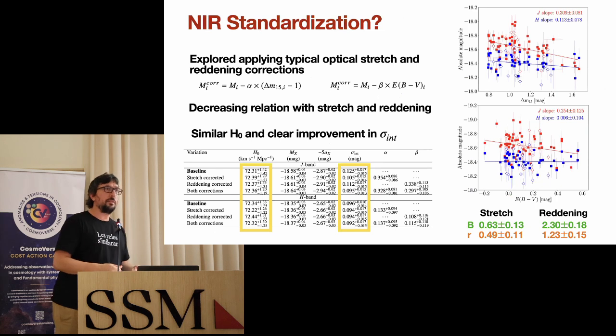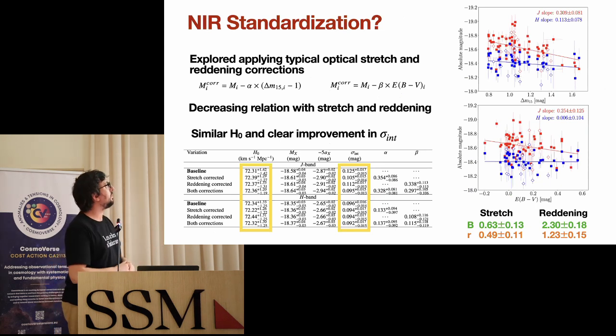Then we tested, as I said, this doesn't include any standardization, but we tested what would happen if we include these optical corrections here, in particular that related to the stretch up there and to color down here. And as you can see, the slopes of those relations in J, which is in red color here, are reduced compared to the optical, as you can see on the bottom. A slope in B of 0.6 here is about 0.1 in J, and in H is basically flat, mostly flat in both cases. So when we include the corrections, and even including both corrections, the H naught value doesn't change that much,